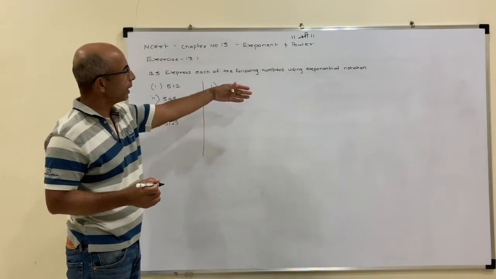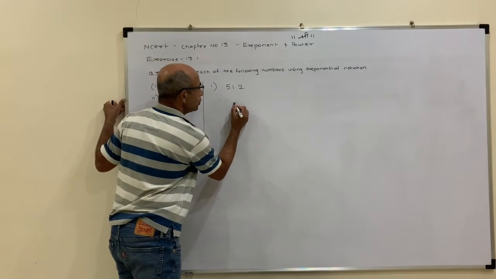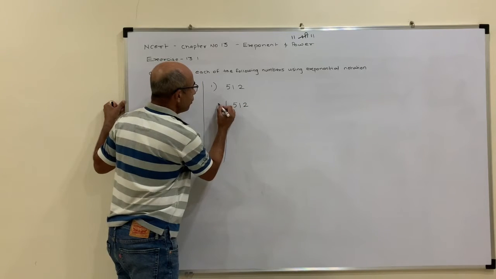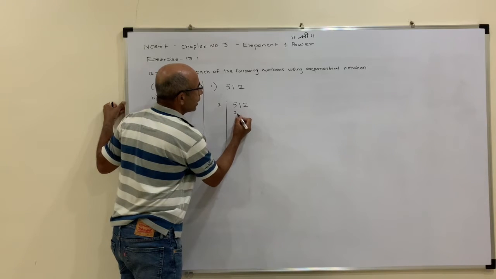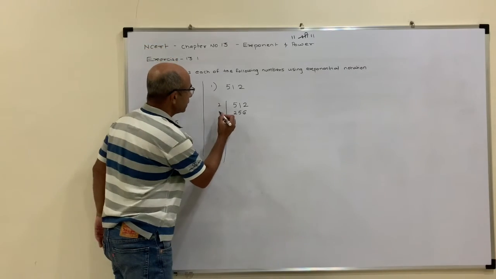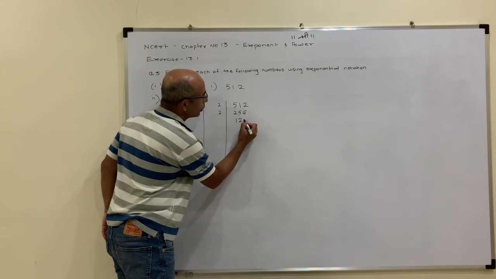512, we need to write in exponential notation. So just use the unitary binary method to find it. Now I'll start with 2. 2 2s are 4, 2 5s are 10, 2 6s are 12. So 256. Then 2 1s are 2, 2 2s are 4, 2 8s are